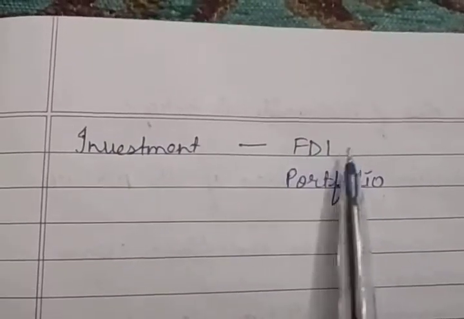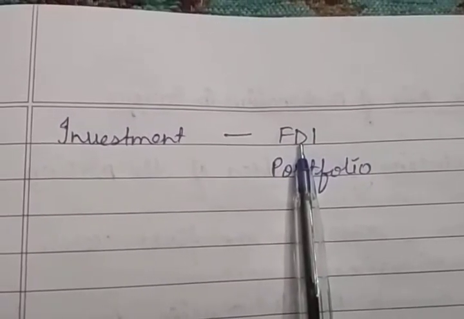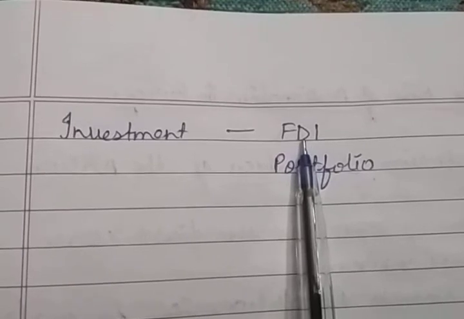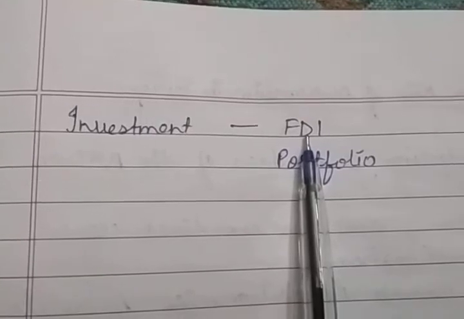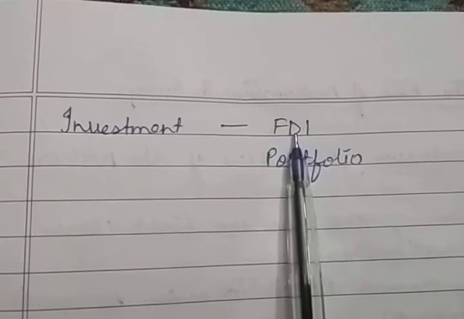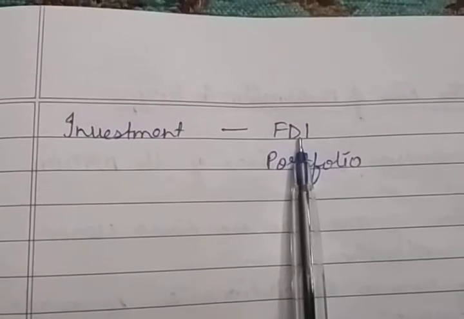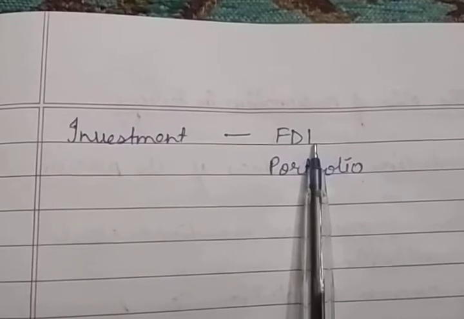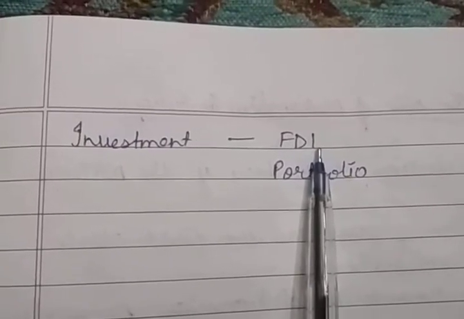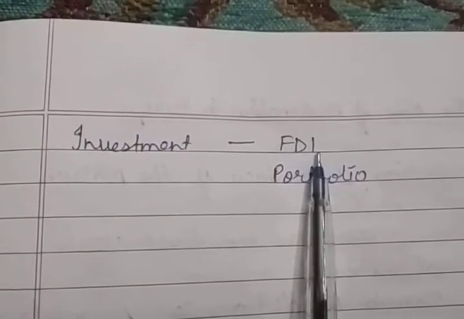First of all is FDI, foreign direct investment. Now understand the meaning of foreign direct investment. It refers to purchase of assets abroad along with the power to control them. Or in other words, it is the act of purchasing an asset and at the same time acquiring control of it. Example, purchase of a firm by Reliance Group in the USA. If a firm in the USA is purchased by the Reliance Group, they are purchasing the asset as well as acquiring control over the firm.